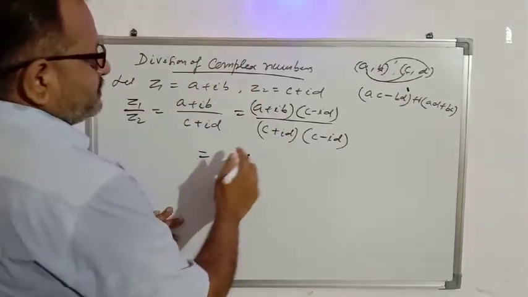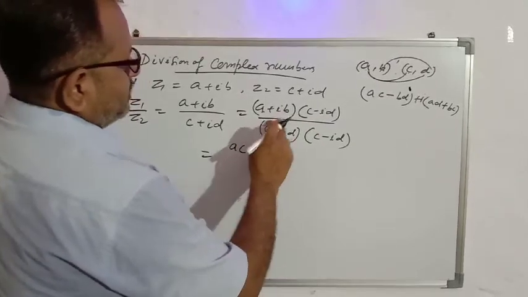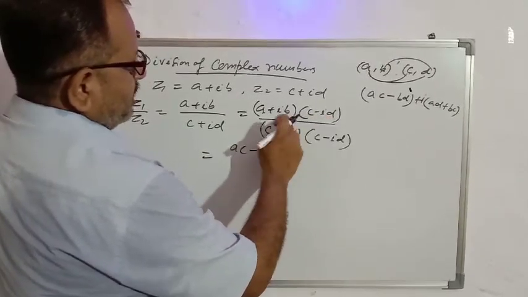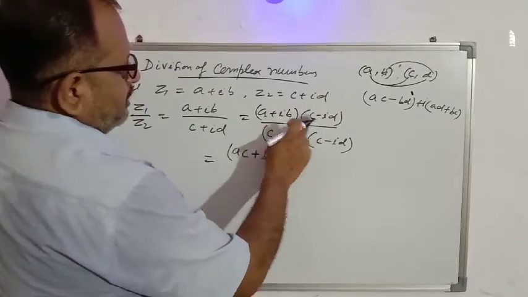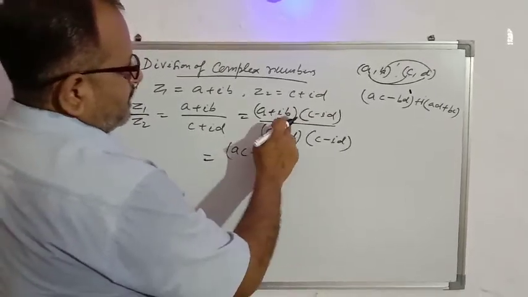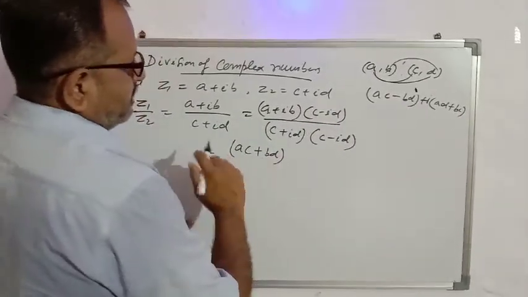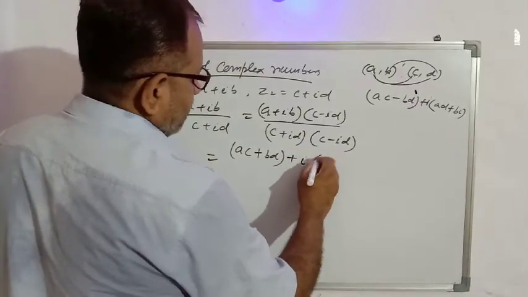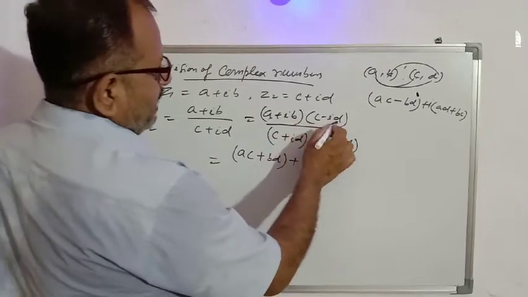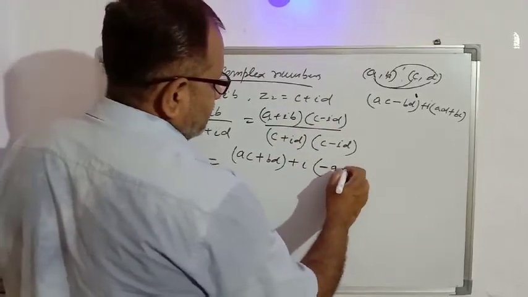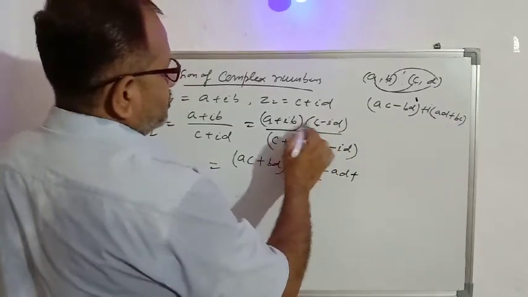So use this. So we will write here ac minus b into minus d, it will be minus bd, so it will become plus bd. a into c, real part product, b into minus d, minus bd, but here we have to write minus sign, so plus bd, plus i, ad plus bc, a into minus d, so it will be minus ad, plus bc, b into c,